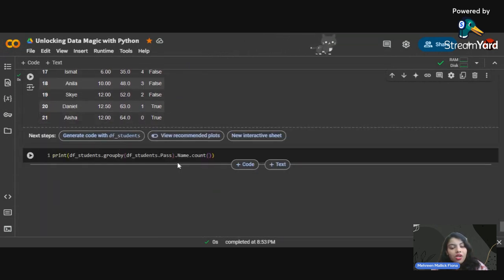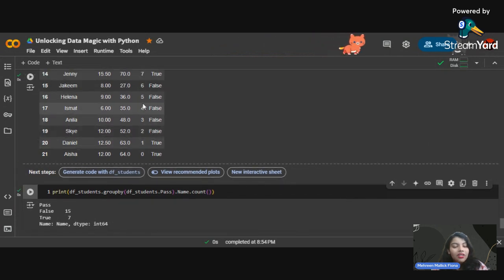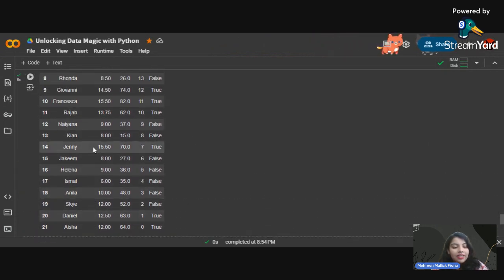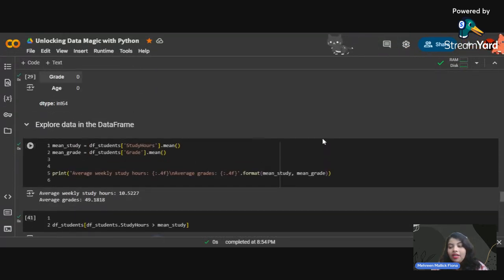If I want to count the number of passed students and their names, we will see the number of passing is 7 and the name data type is counting, and false is something like 50 students who didn't pass. These are short analyzing tricks that, as a beginner, you can use to explore the pandas library and the numpy library.